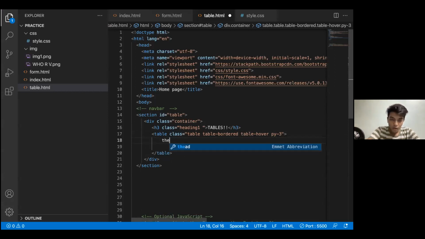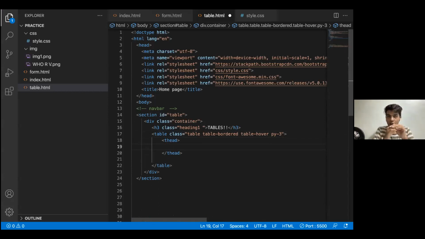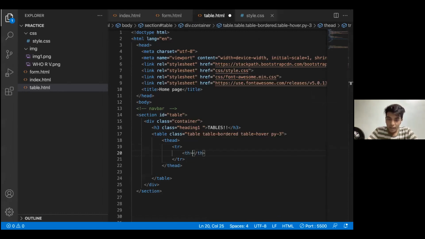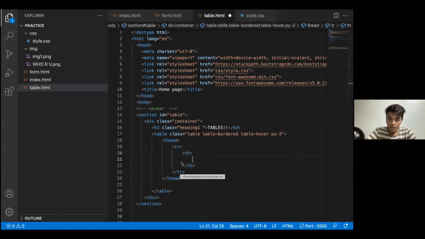Then I'll be using a part of the head. The head means whatever I want as my, what we can say. Okay, I'll just frame it nicely. Table head is the first part of the table, the major parts in the table that I need detail for. Supposedly from the form I'm taking details: email, password, and gender. So these are the table headers that I'm using. Yeah, table head means table headers. So I'll be placing in table headers. The format would be the same for the TR because they are in rows. Then TH represents table heading, and then the name of that heading that I'm using.